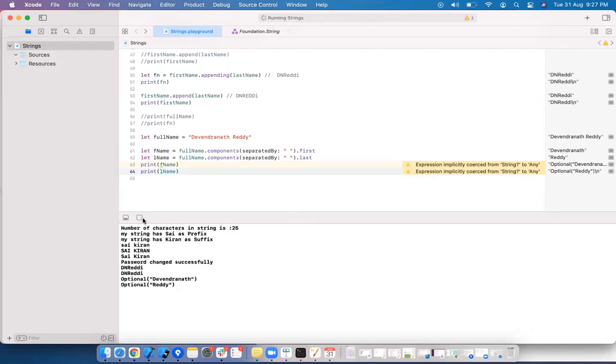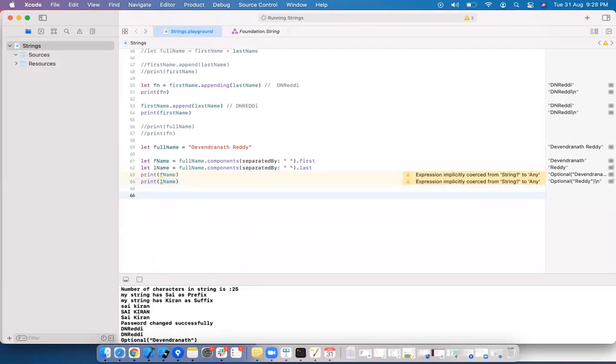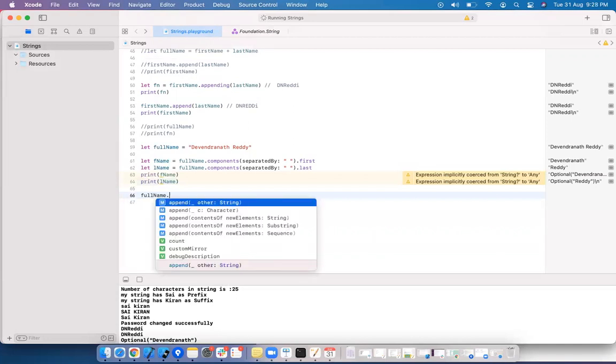Here, Devendranath is the first name, Reddy is the last name. These two are printed. And see if there are any useful methods.